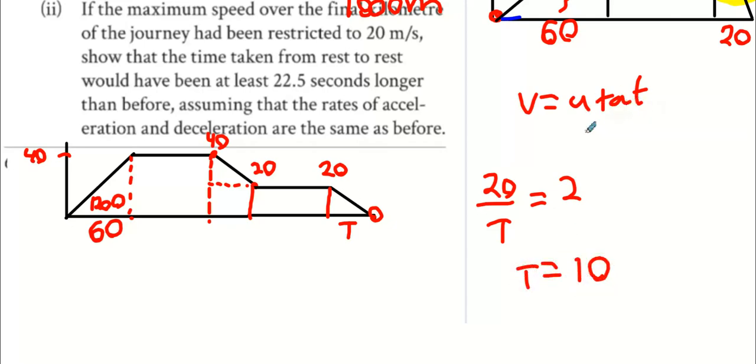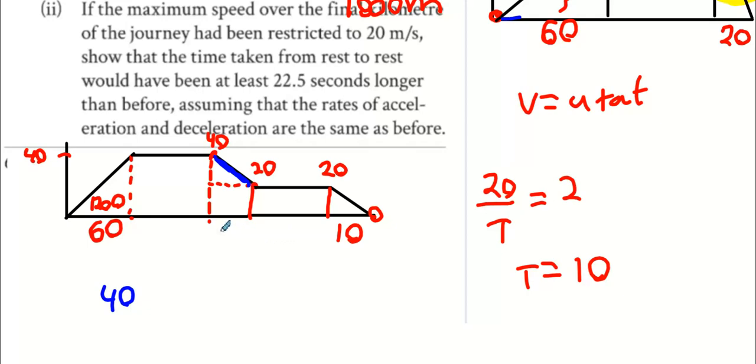You'd get the same answer if you use v equals u plus at. Everybody on board with that? Okay, it's tricky. So that's 10. Okay, we have that. I can also do this region in here. See this blue region here? 40 down to